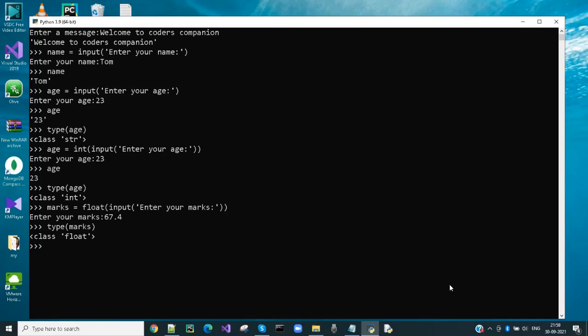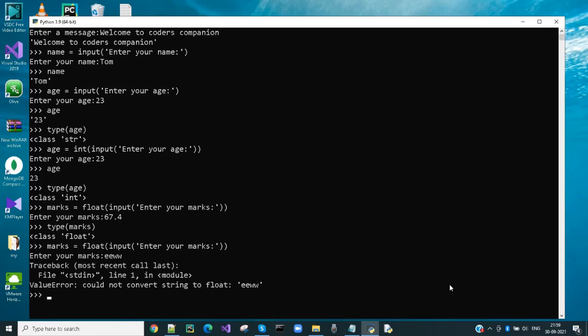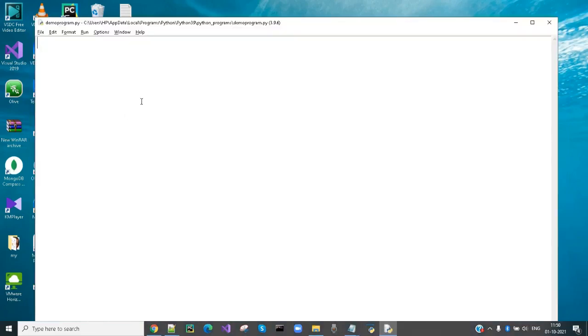For example, instead of float value I am giving some invalid data. So it throws error. Let's write the same program in file editor and run the program.